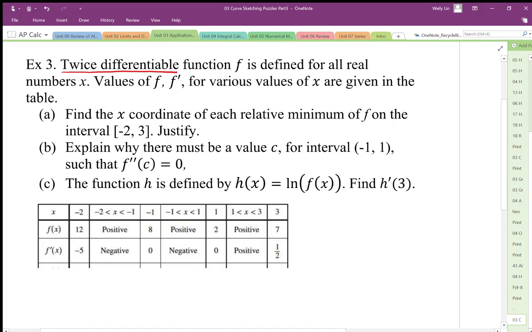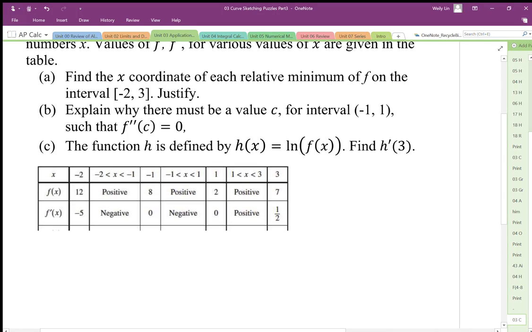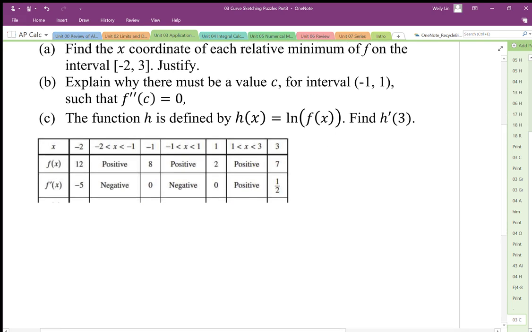For part A, it says find the x-coordinate of each relative minimum of f on the interval. To do that, we're just going to do a slope chart. So if I draw my slope chart out here, I've got my slope chart. I'm looking for where f prime is equal to 0. So I have a 0 here at -1, a 0 here at +1. So I'm going to show my slope 0. So this is my x, f prime,